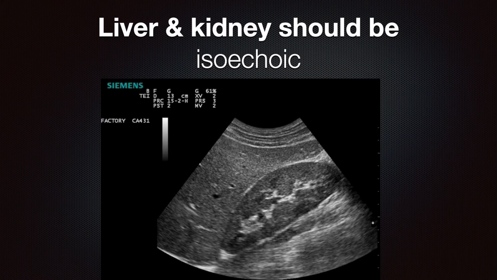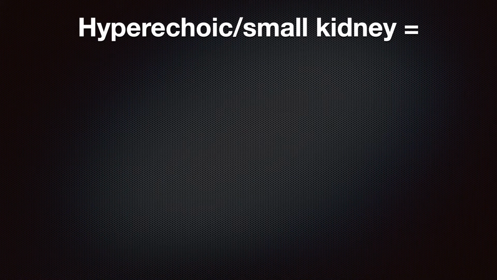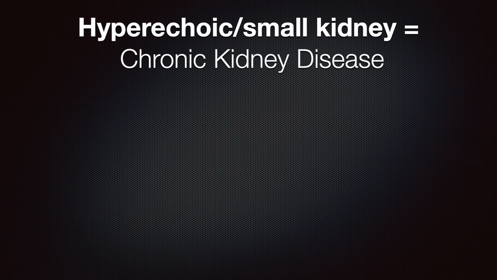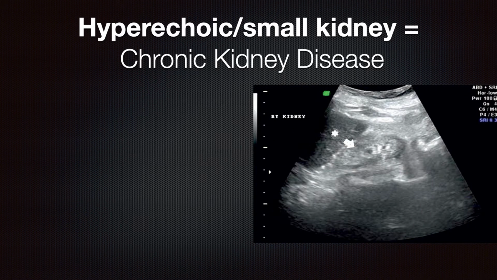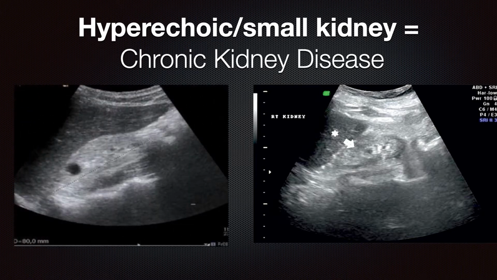And then when you're looking at it, you want to make sure that the kidney is isoechoic with the liver. If you see a hyperechoic liver, it usually indicates fatty liver or possibly cirrhosis. If the kidney is hyperechoic, it's often small, and this is typical of chronic kidney disease. So here we have a very hyperechoic kidney, and it's small relative to the liver. Again, you can see another depiction here of a hyperechoic kidney with a small cyst in the upper pole of